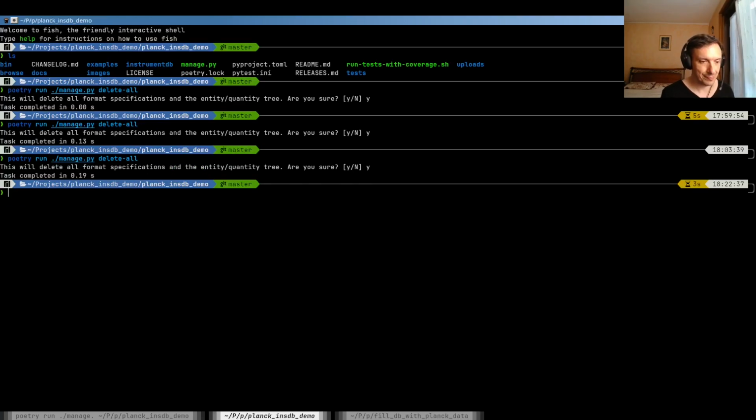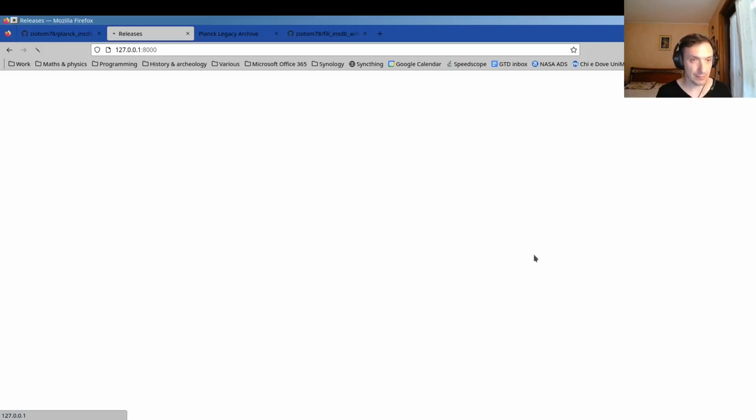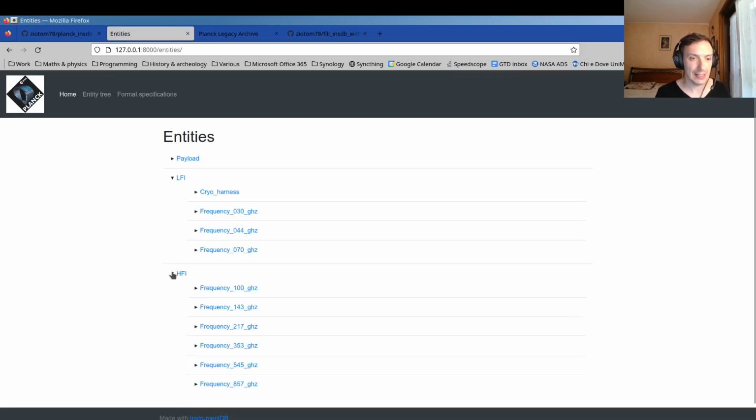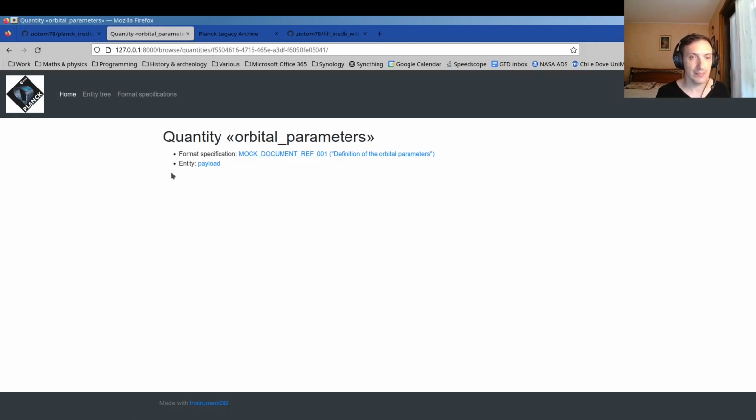Okay, so let's open again. Let's go back to the browser. There are no releases, but entity 3 will show that several entities have been created and several quantities as well, orbital parameters, for instance. There is no data file associated because I have yet to upload them, but the document